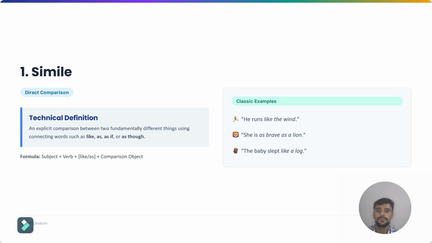Now here's the key. A simile usually has two things: the thing being described and the thing used for comparison. Let's take "the fighter moved like lightning." What are we describing? The fighter. What are we comparing him with? Lightning. What quality is being transferred? Speed. That's the mental process you should develop. Don't simply search for the word like. Ask, is like actually connecting two different things in a comparison? Because sometimes like is simply a verb.